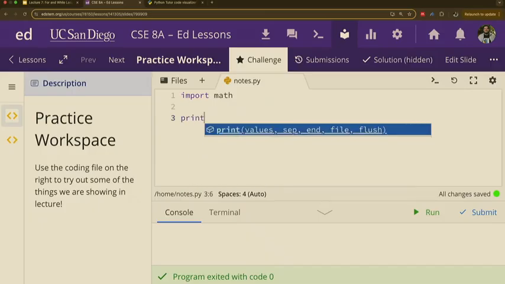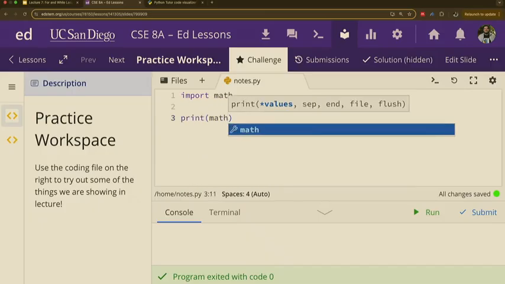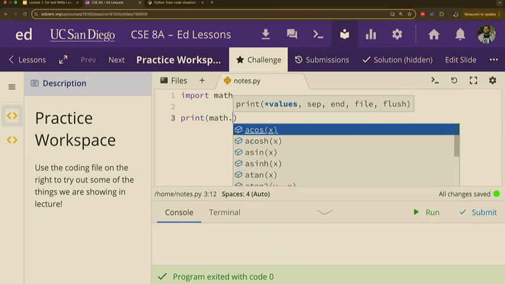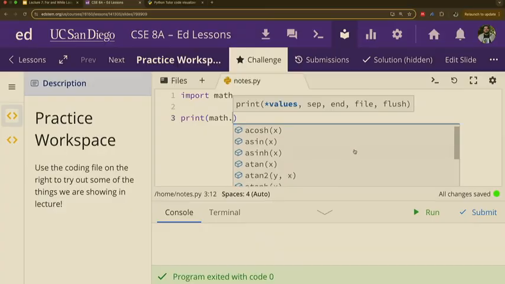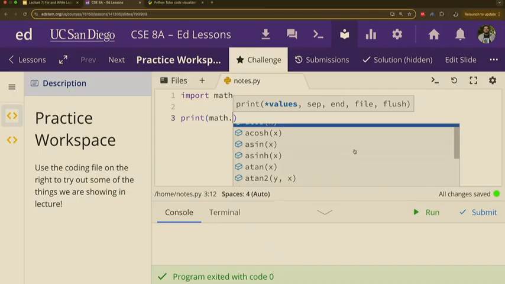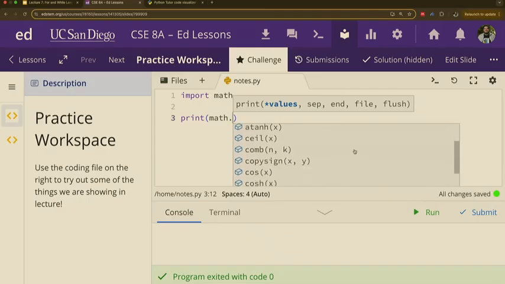What we can do now is use math. Math has a ton of functions inside it, and we want to access those. So what we can do is we do math dot. When you immediately do that dot, you're going to get a lot of these. You can do cosine, sine, tangent, there's a bunch of stuff that you can use math with, right?